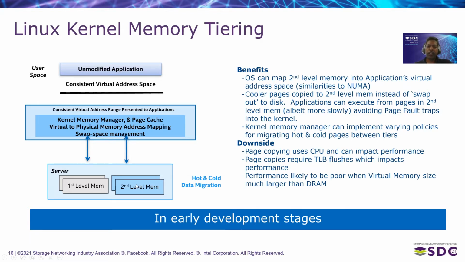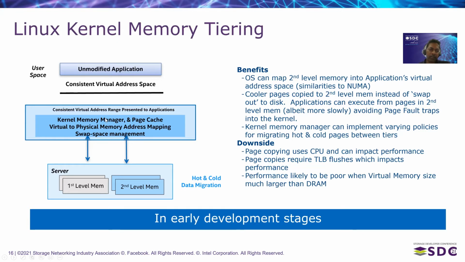data. So the current kernel implementation has a mechanism to demote when a page gets evicted from first level memory, in this case the host DRAM, into the second level memory. The promotion aspect, from second level memory to the first level memory when a page becomes hot, is still being worked out. And then, of course, all the advanced policies that the kernel can use to do sophisticated tiering require a lot of work in the kernel community.